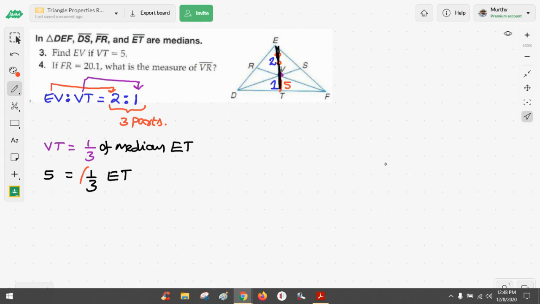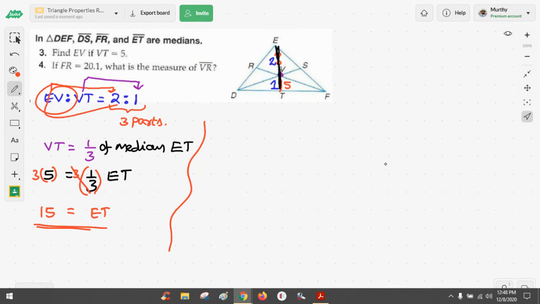You have to multiply by 3 on both sides. So the value of ET equals 5 times 3, which is 15. This is not the end of the story. And now you have to copy this one here, EV. So EV equals,